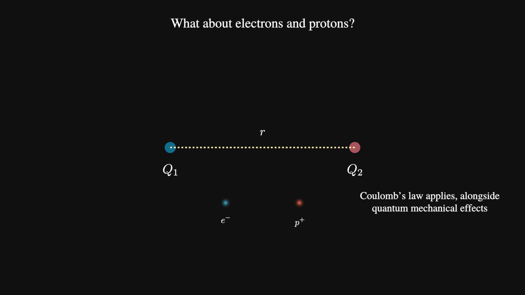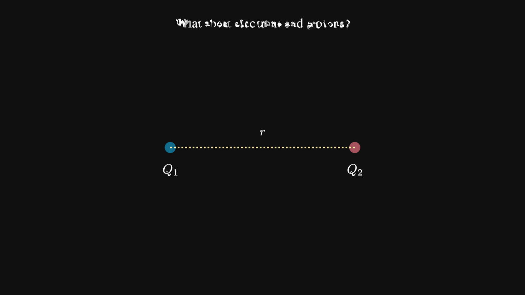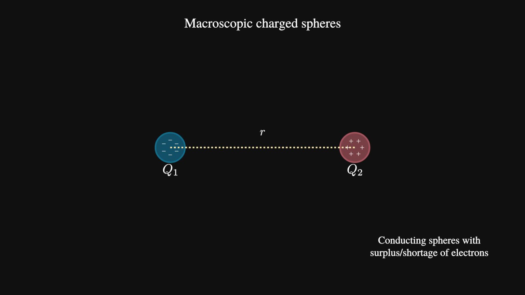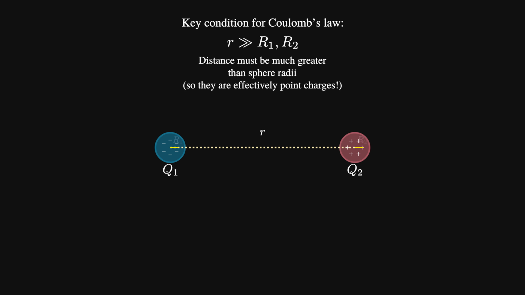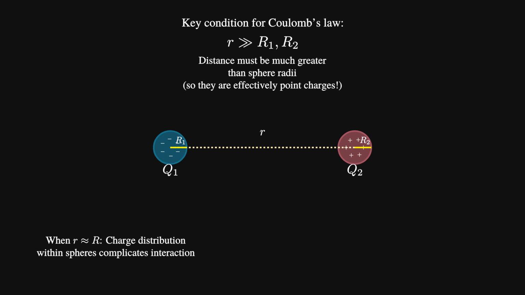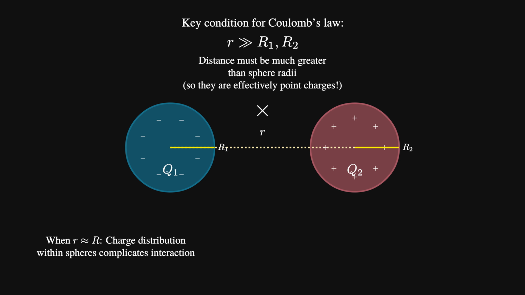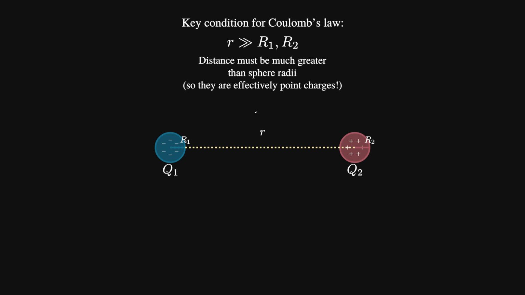Regardless, Coulomb's law remains very accurate for many experimental scenarios at the macroscopic scale, where objects are made up of electrons, protons, and neutrons. These charged spheres we speak of are typically made of a conducting material, with a huge surplus or shortage of electrons, which results in the spheres having net negative or net positive charge. In our scenario with charged spheres, a limiting factor we need to consider is the radius of each sphere, as if it is too large compared to the distance between the spheres, the charge distribution within each sphere complicates the interaction. So overall, we say that Coulomb's law holds when the distance between the spheres is much greater than the